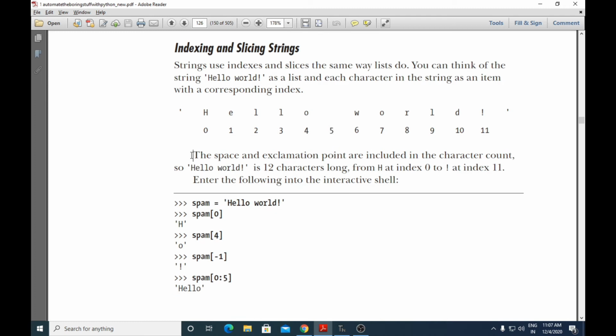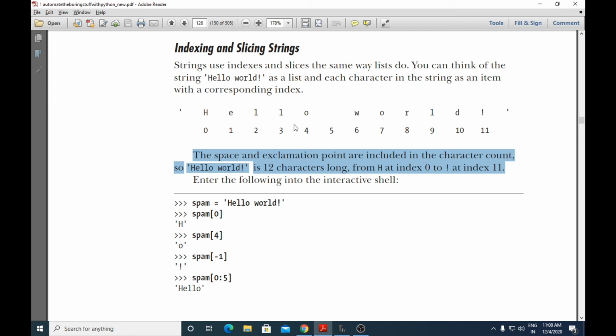The space and the exclamation point are included in the character count. So 'Hello world!' is 12 characters long, with H at index 0 to the exclamation mark at index 11.